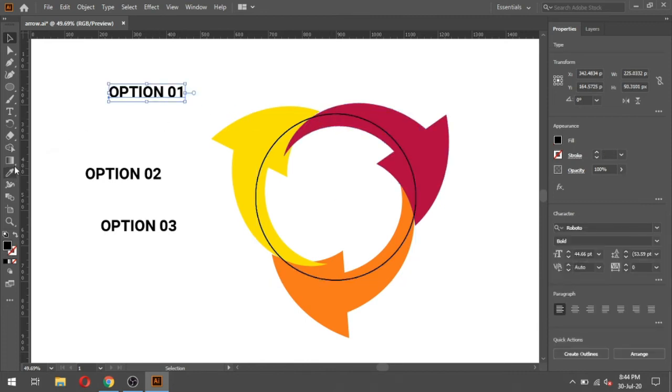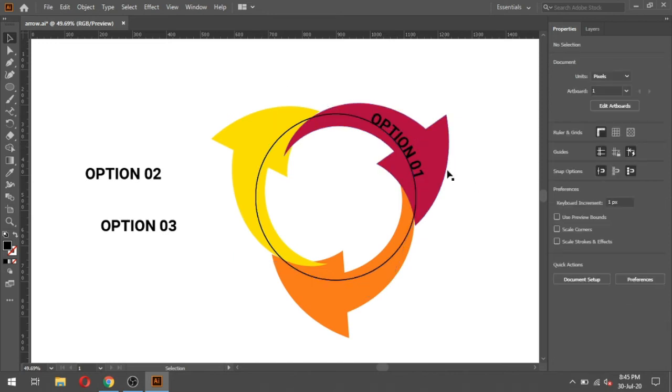Now select this text, cut it, choose the text on path, click here and paste it. Use the direct selection tool and rotate it, or you can rotate the circle. Adjust the text.